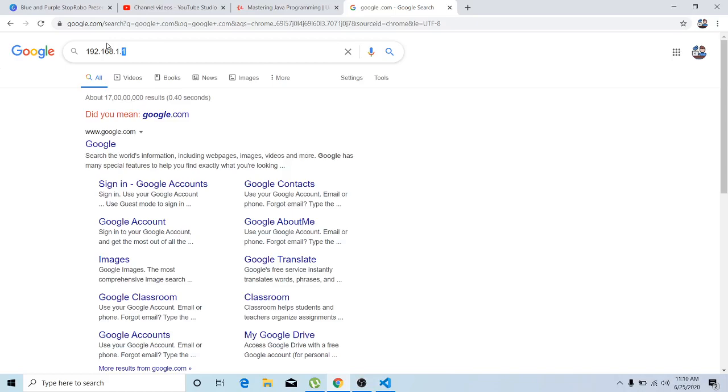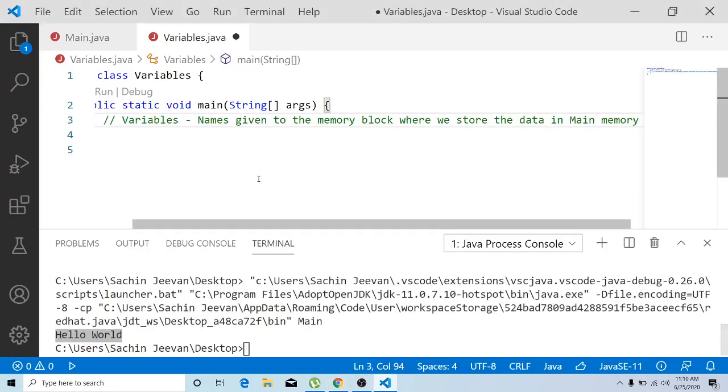Whenever you want data to be stored in your memory, every memory location will have a specific address, which is in the format of hexadecimal.